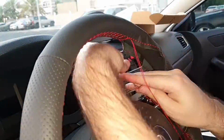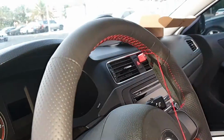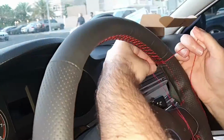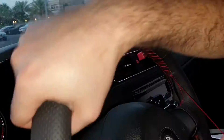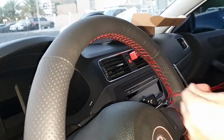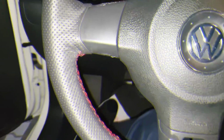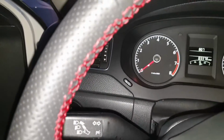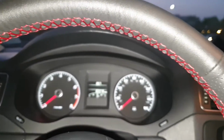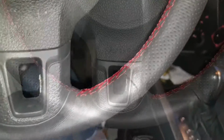You will need to take some time until you make it back and forth, but with the final results I was really satisfied. So it was definitely worth the pain, which took like several hours for me. Maybe it will be quicker, but for me it took several hours. So this is the final look, and I'm really satisfied. Under the hand, once you start driving, it's really nice. I will show you that later on, but now